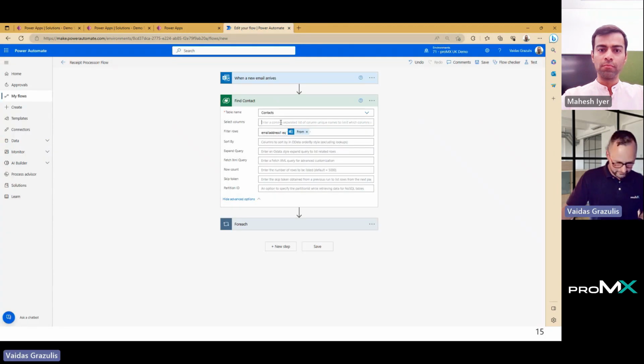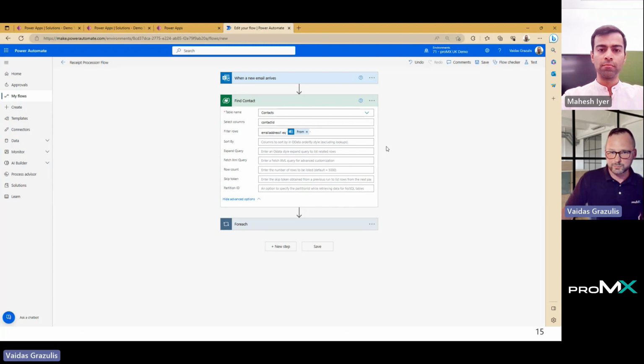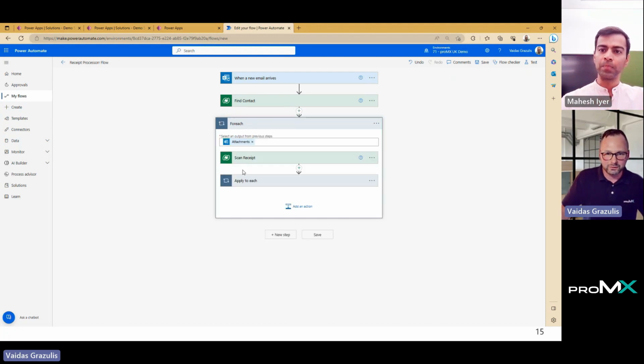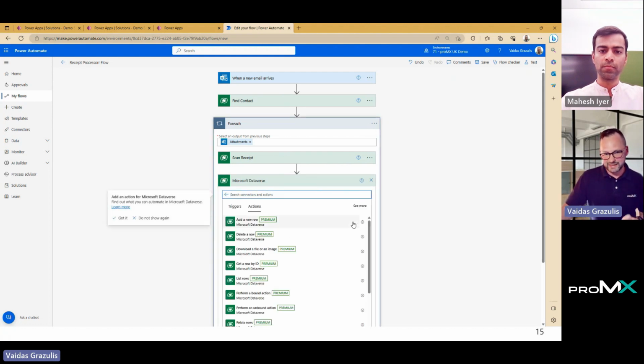Remembering all these fancy ways of naming columns is probably a bit impractical. So this is a great way of identifying what you actually need in your process. And this is it. So this process is now set and completed. This is going to return us the ID of the contact. Back to our for each loop. We know we processed the scanning here. I could maybe insert another option here to say we now want to save the receipts in the entity.